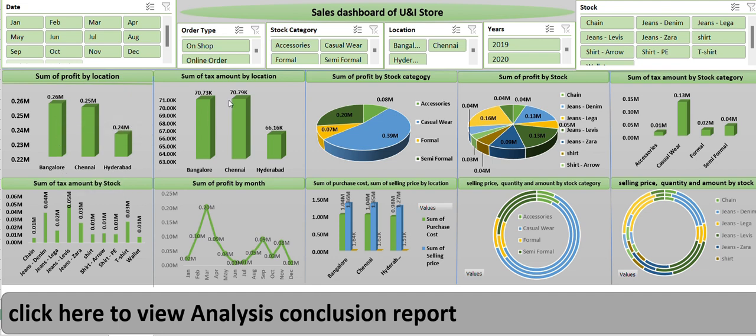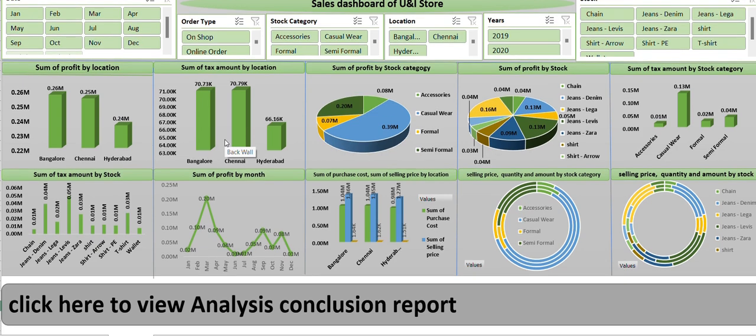Then in the second chart I show sum of tax amount by location, and here we can see that in two locations, Bangalore and Chennai, more tax amount is paid.